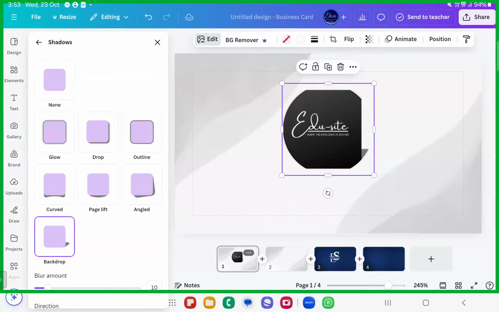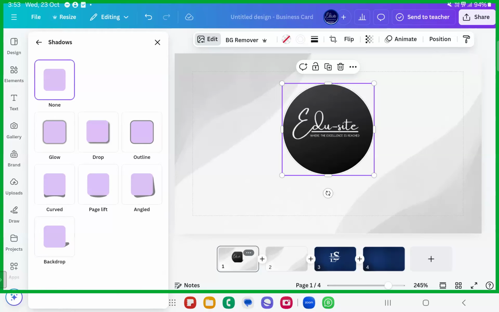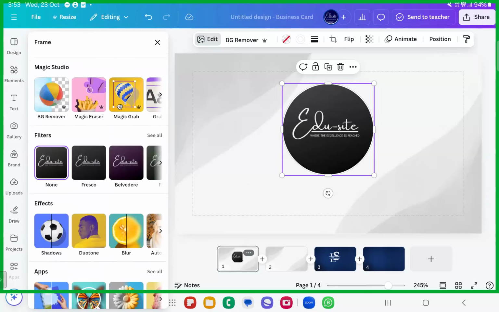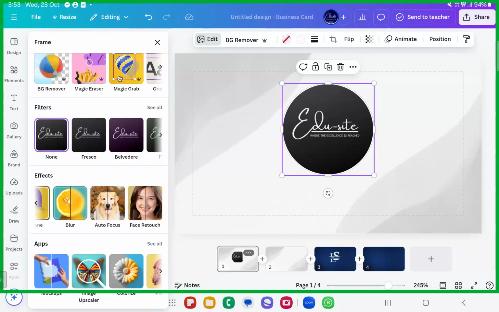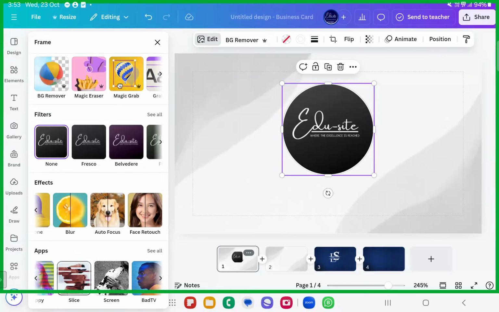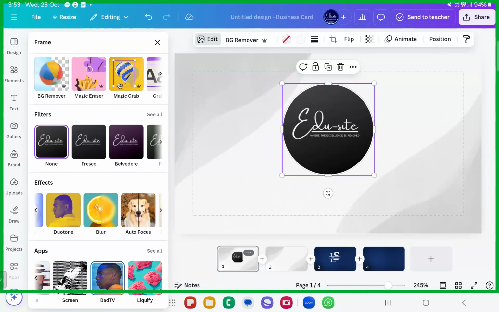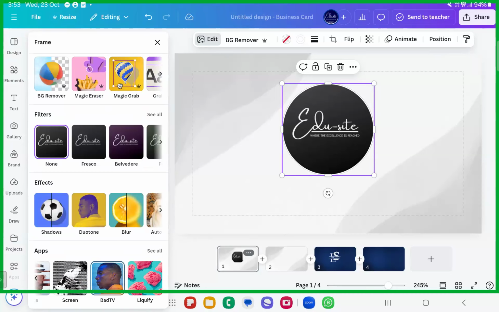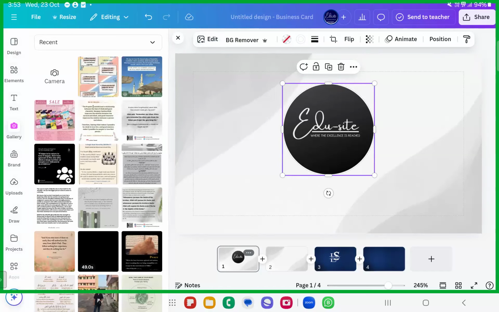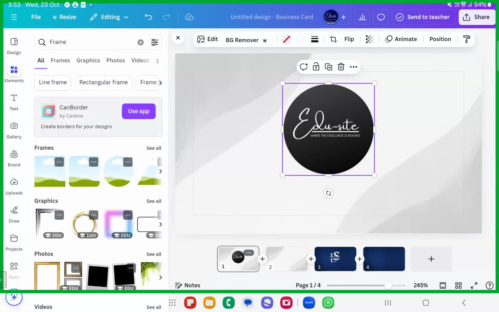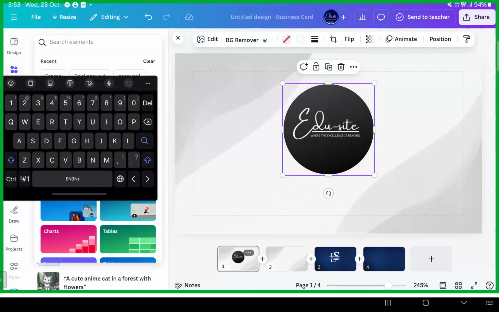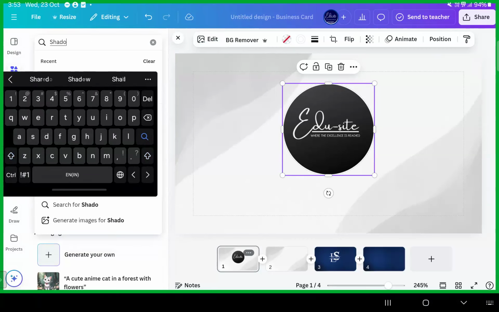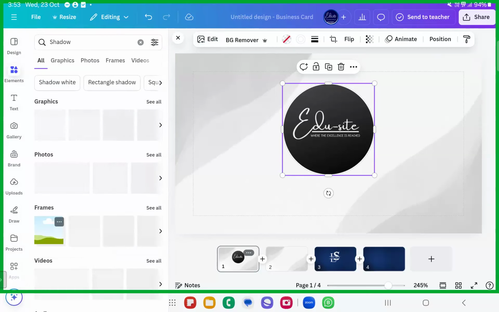You can apply the backdrop, something like this, but because the frame is used here, you cannot get a good outcome for this. So do not worry about the shadows. If you don't have access to the shadows, I mean if the shadows are not working well with this, then you can go ahead with some other feel. Okay, so to give it a more beautiful feel, go ahead with the elements and add some shadow. Just go ahead and write shadow there. Come on, try this along with me, shadow.